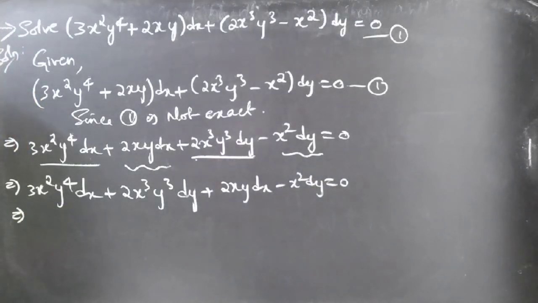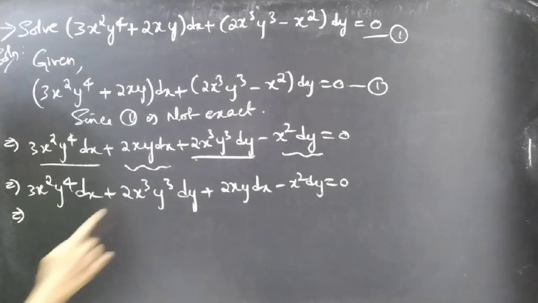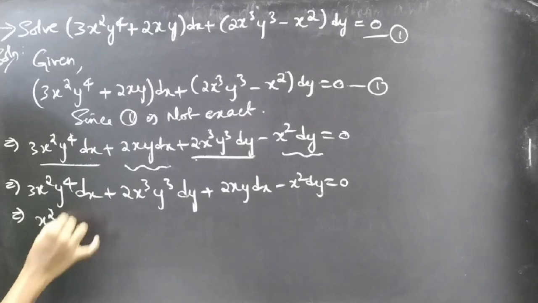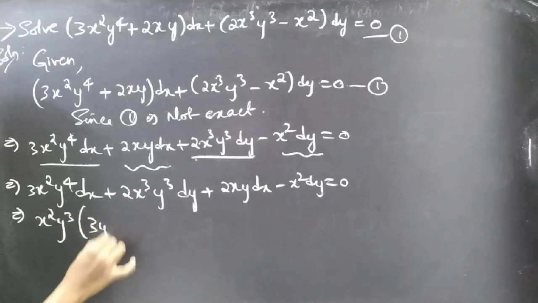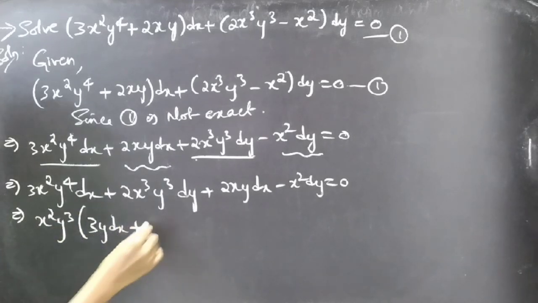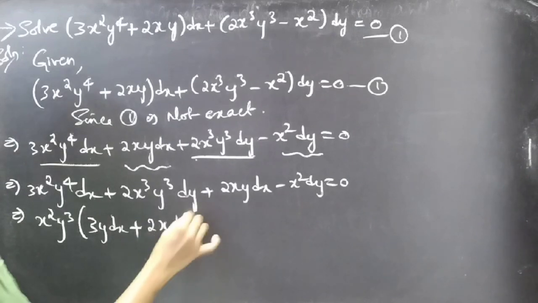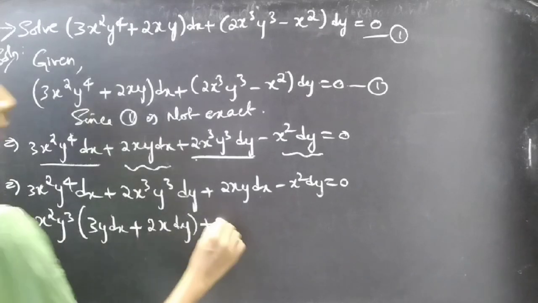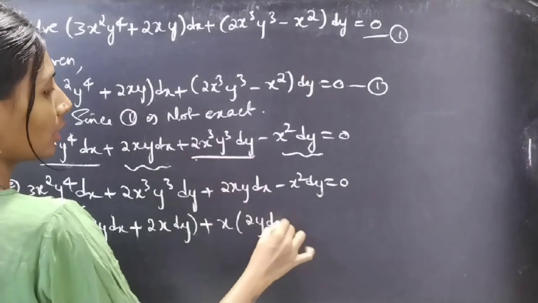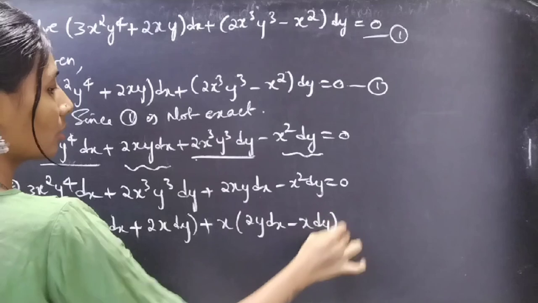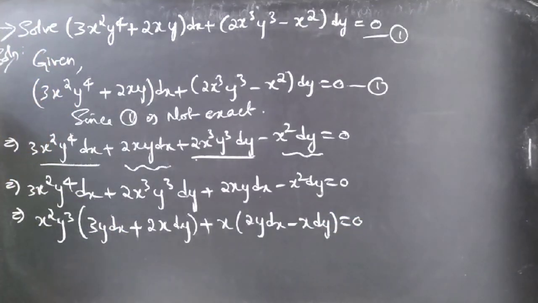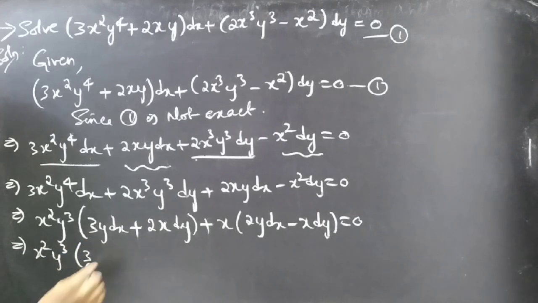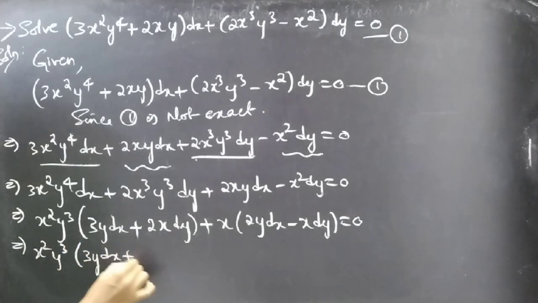Now we can take x²y³ common from these two terms. We'll get x²y³ times (3y dx + 2x dy) plus, now take x common from these two terms, you'll get x times (2y dx − x dy) equal to 0, right? We can write this as x³y³ times (3y dx + 2x dy)